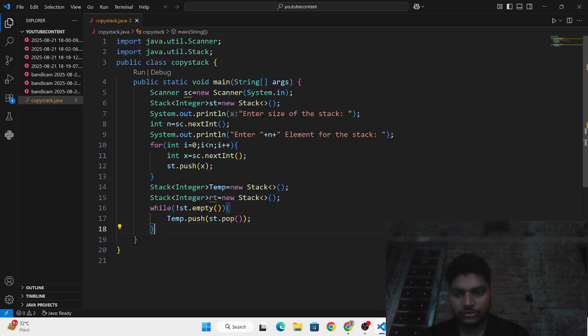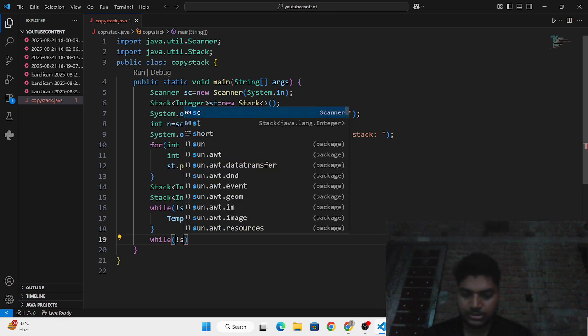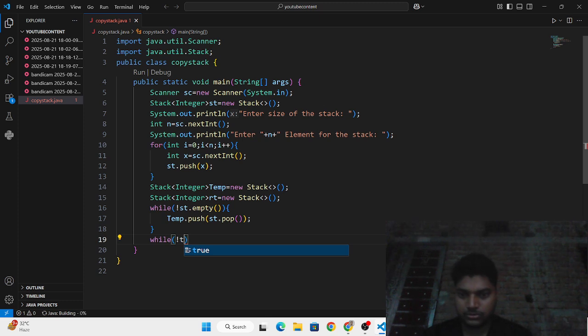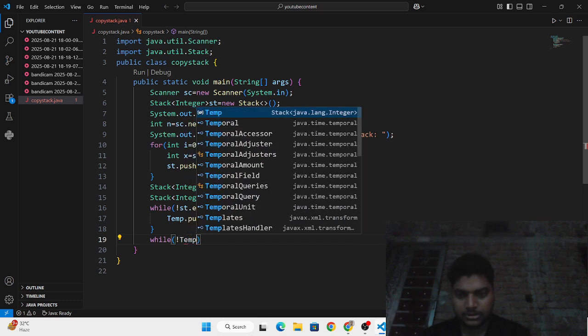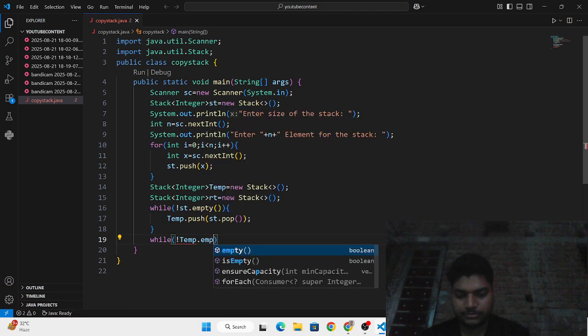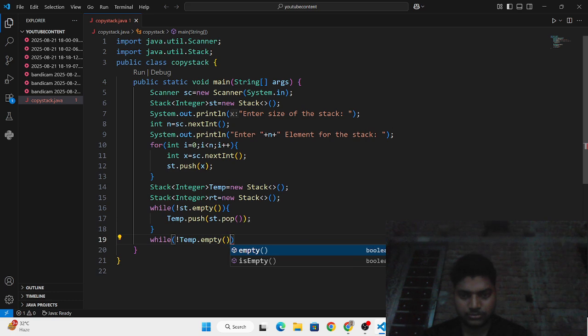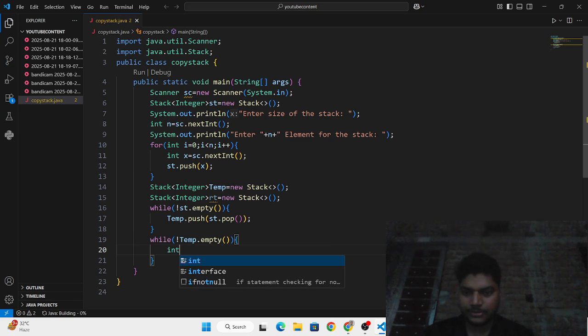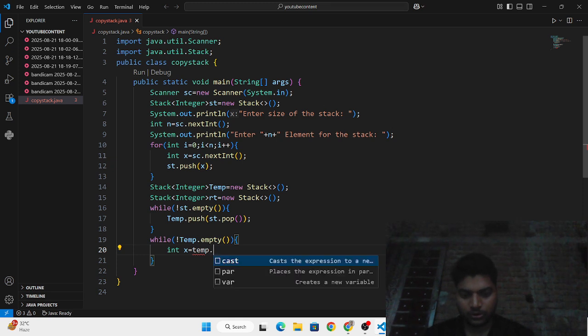Then you need to write while not temp dot empty, int x is equals to temp dot pop.